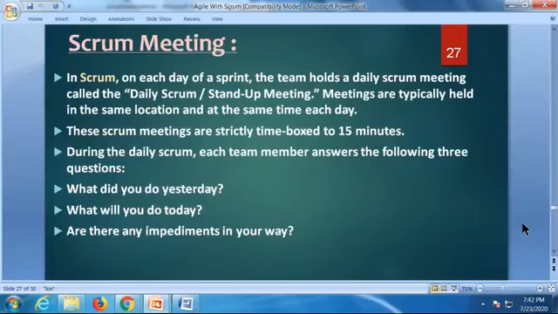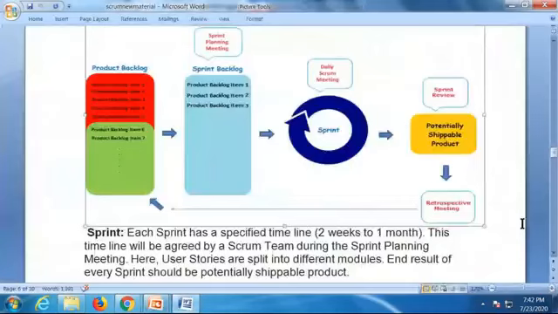What will you do today? Are there any impediments in your way? Impediments in the sense, any problems you're facing. They question you. Or in real scenarios, if you go in real scenarios, the meeting